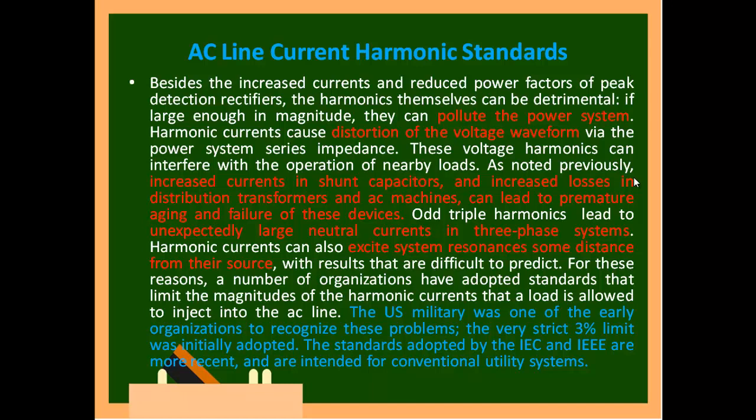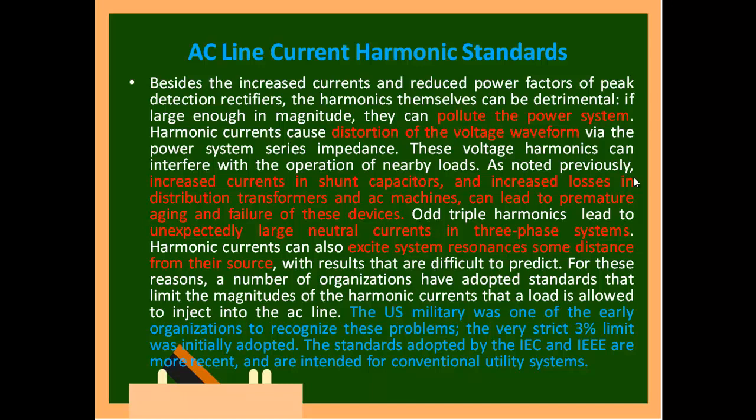Initially it was 3%, because at that time there were no converters, only rectifiers with a capacitor. Then they moved from rectifier with capacitor to converters. In that case the harmonics rose further. We saw yesterday that with the diode rectifier itself the THD was 139. So when they go with converters, it was very high. Bringing it from that level to 3% was not possible, so they fixed it at least to 5%.